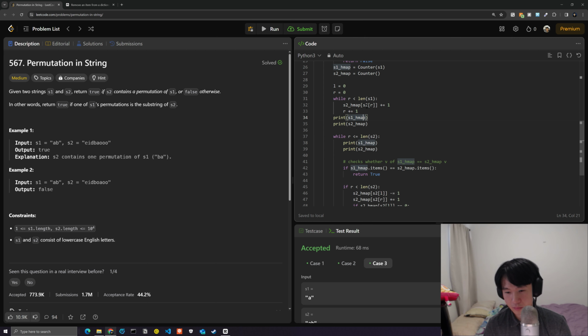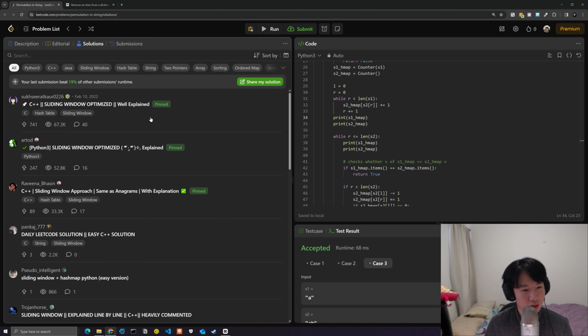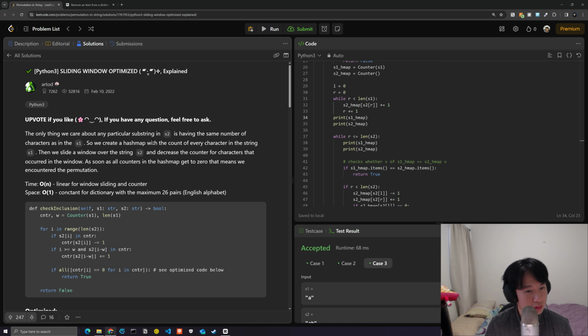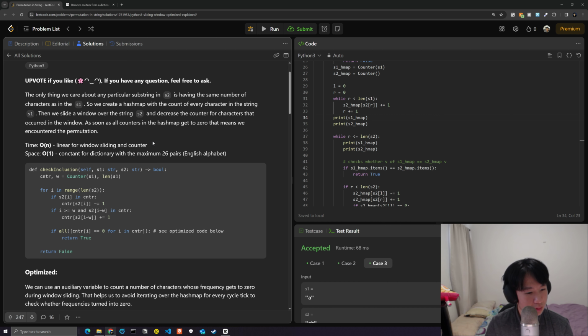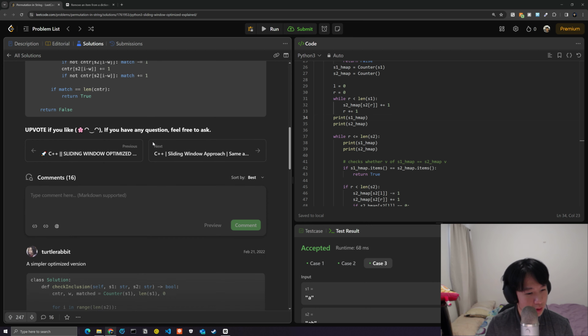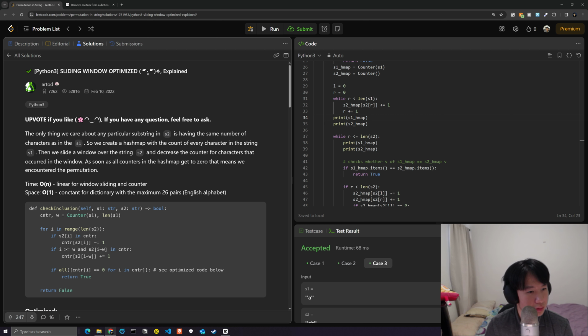Yeah, I'm actually quite curious. I want to take a look at the solutions board and see whether or not there's a better way of doing this. Interesting. So yeah, that's what we did here. We created a hash map with the count of every character, and we decreased the counter for characters that occur in the window. As soon as all counters in the hash map get to 0,